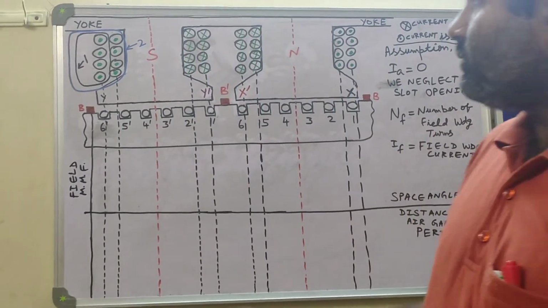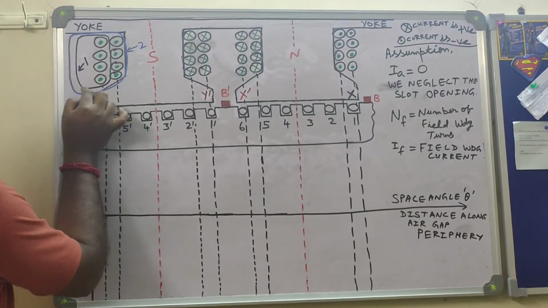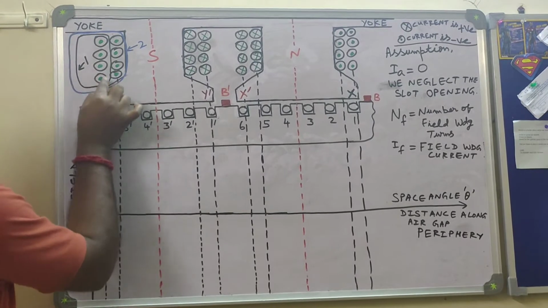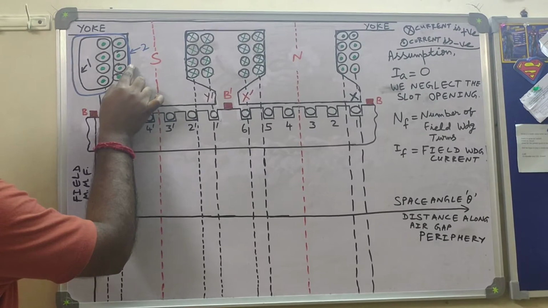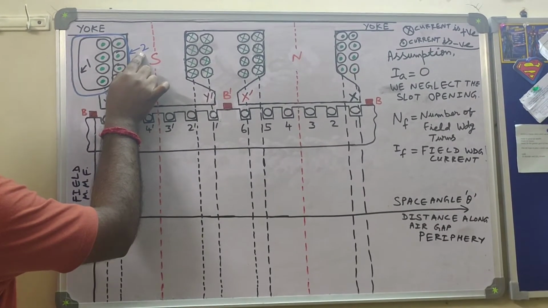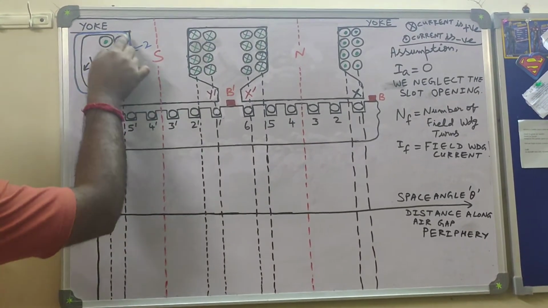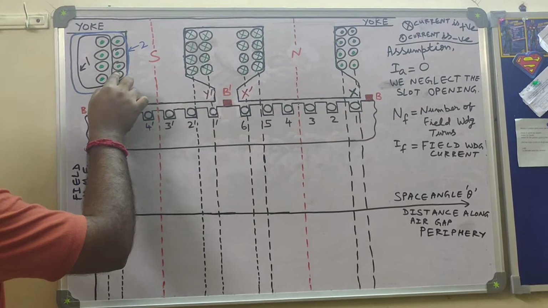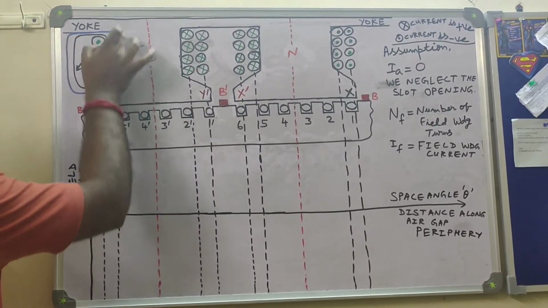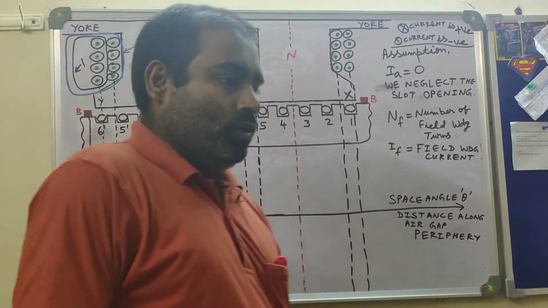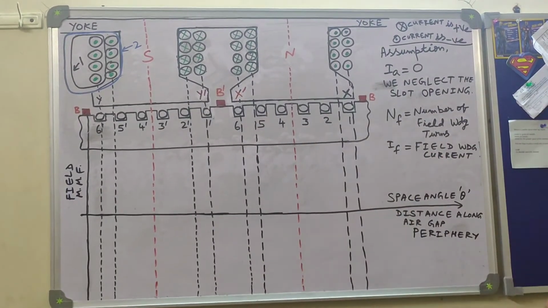Two layers means that the conductors which have been enclosed by path number 1 will be NF by 2 conductors, and the path which is named as 2 will enclose NF number of conductors, because path number 2 is enclosing both the layers of conductors. So that's why it will be NF by 2 plus NF by 2, that is NF. So here I have taken two layers, but it may be more than two layers, it depends on the design.